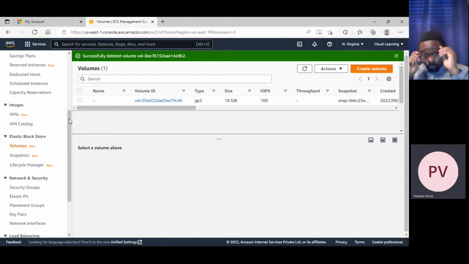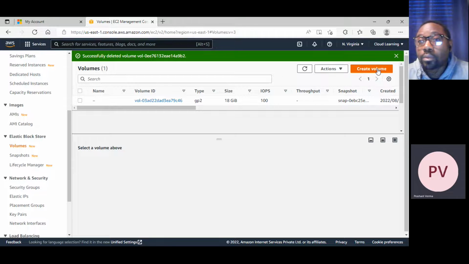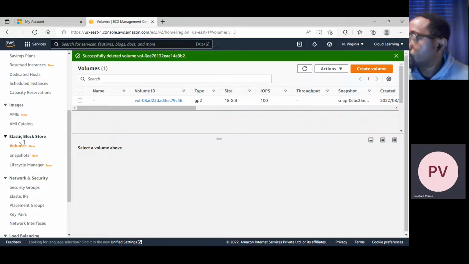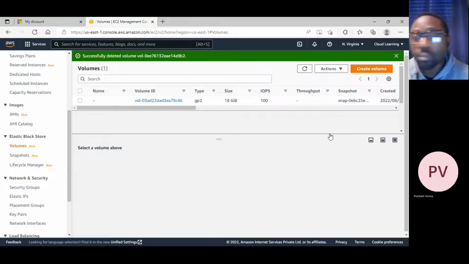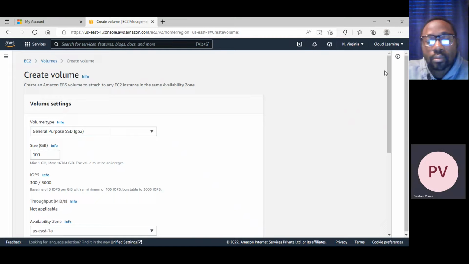Suppose you need to add a new disk to the server. What you need to do? Go to EBS on the left side, click on volumes, and then click on create volume. It will create a new disk for you.